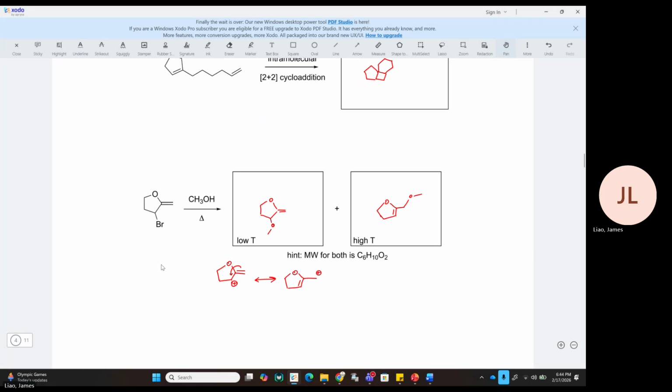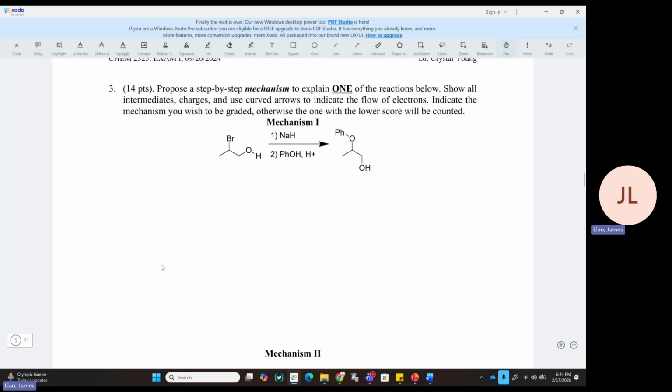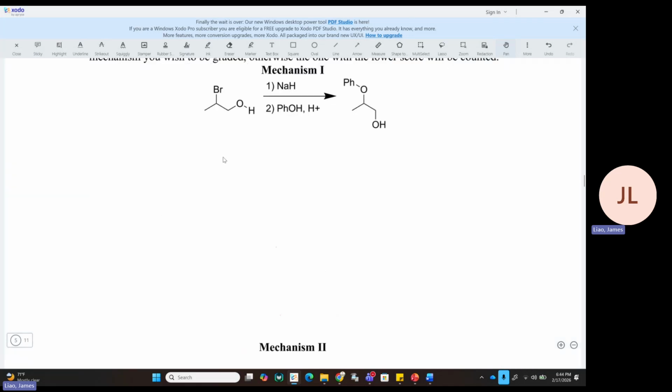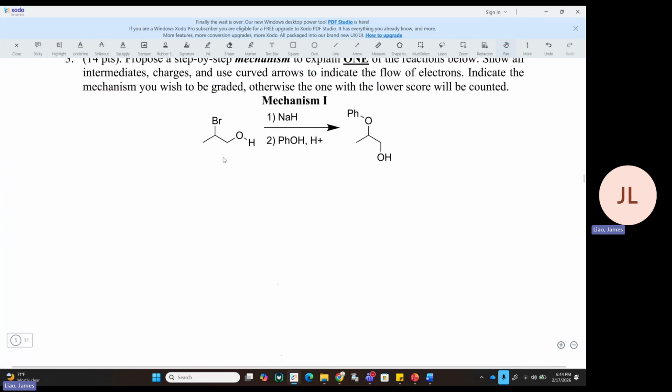Okay. All right, so we're moving on to the mechanism questions. There are actually two different mechanisms that we're going to pop in, and we need to answer one of them. We're going to be answering the first one, and only the first one. If you guys are curious about the second mechanism, I'll be doing that offline, off stream. So we're going to focus on mechanism one, and it requires a bromo alcohol with sodium hydride, and then